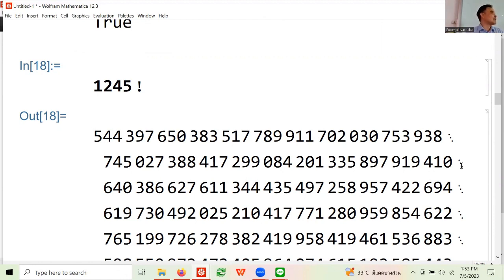ChatGPT cannot give you this because this is a precise computation. How would you do this in ChatGPT, let's say you don't have Mathematica? You would pay for ChatGPT Plus, and maybe you have to sign up to connect ChatGPT with Wolfram Alpha. I'm going to show you that ChatGPT has a plugin.